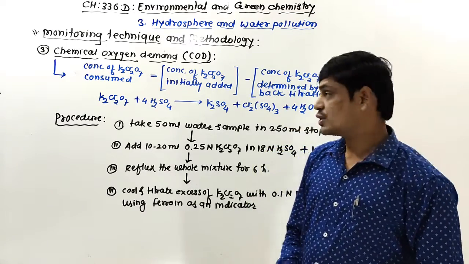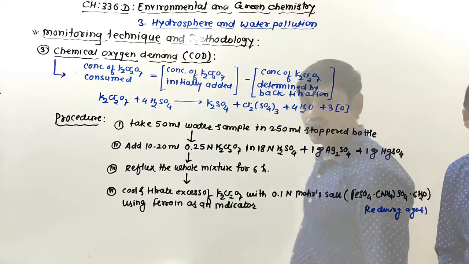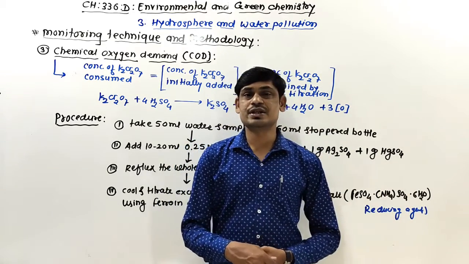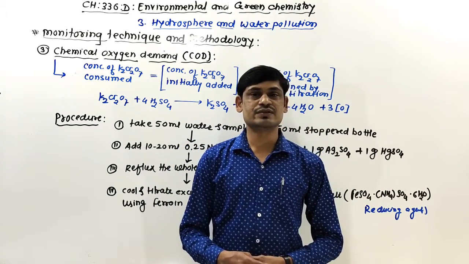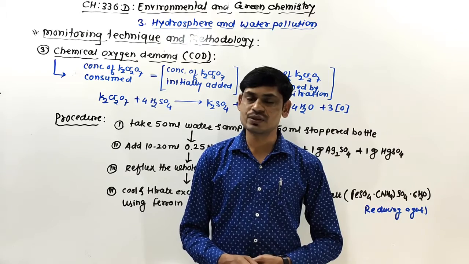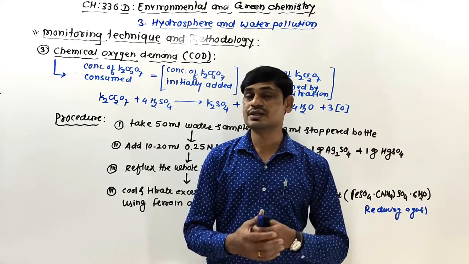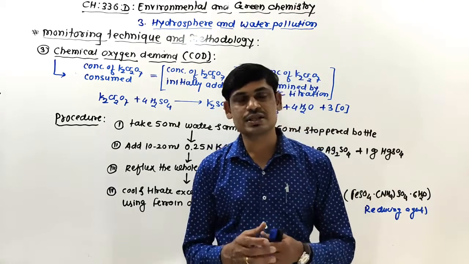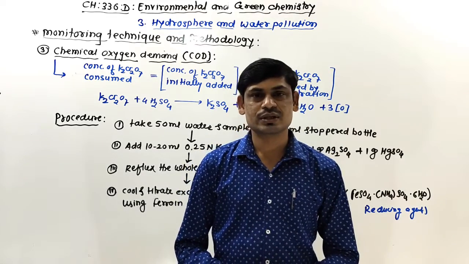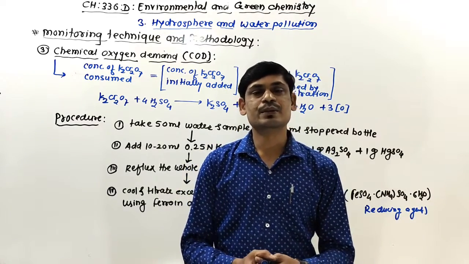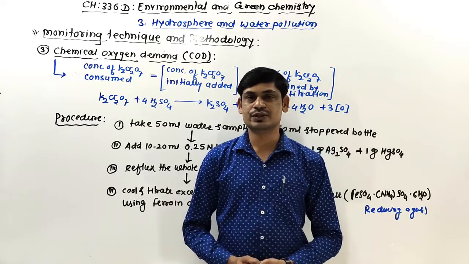So students, you just note all this data by screenshot. Okay, so in this lecture we studied 3 important parameters. First one was the pH, second was the dissolved oxygen, and third is COD. Now in this lecture we will stop here. In our next lecture we will discuss more important parameters of water quality. Thank you.